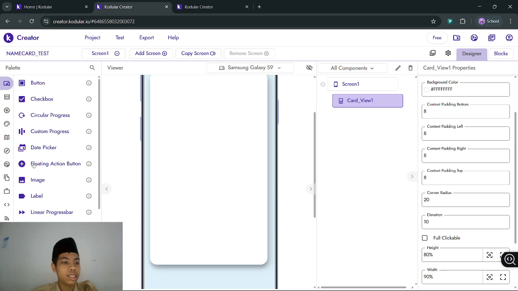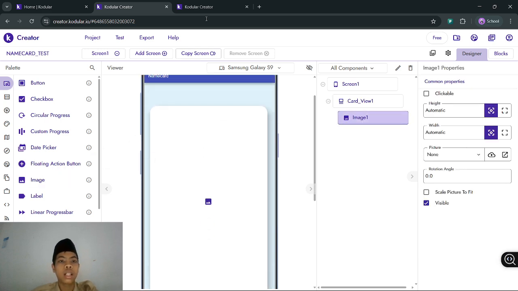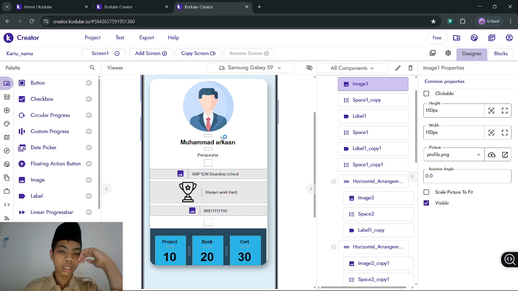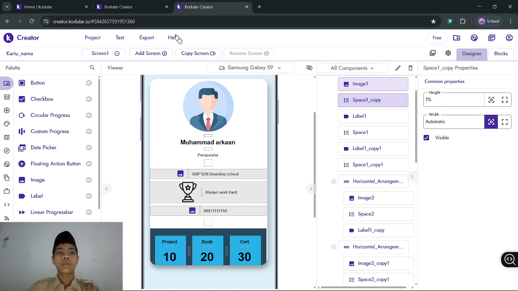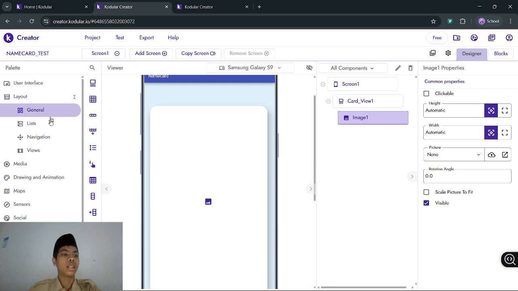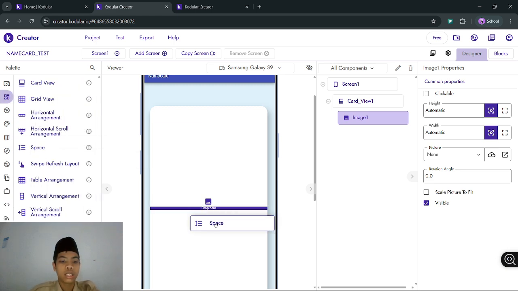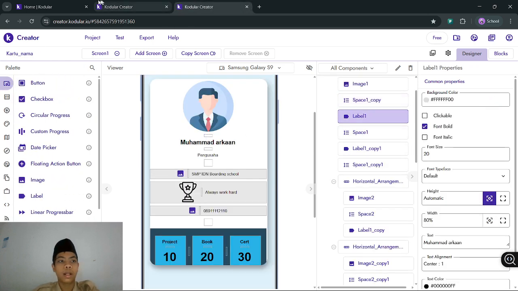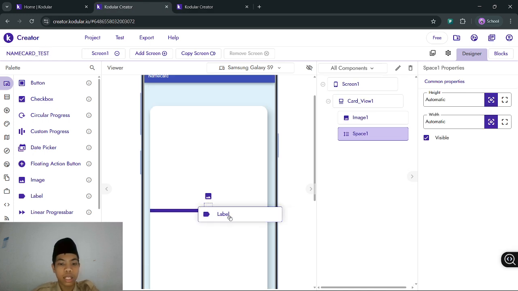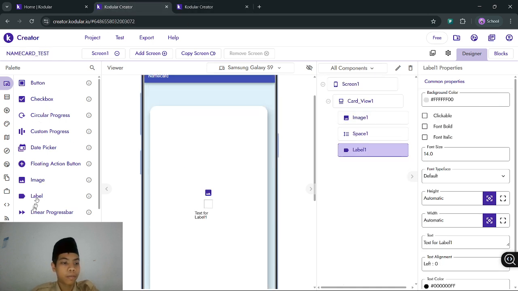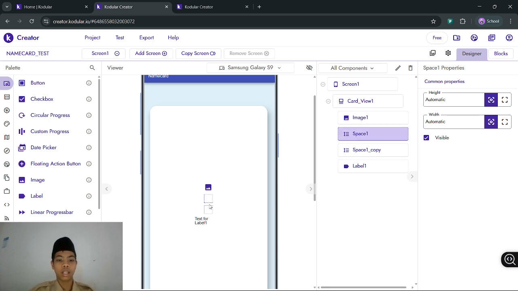After that, we put an image from user interface. We put the image in the middle, and first we make the layout. Put the image, then the space, which you can get from the general layout, put it down here, and then use a label, which you can get in here, and then space again. You just need to duplicate from here.